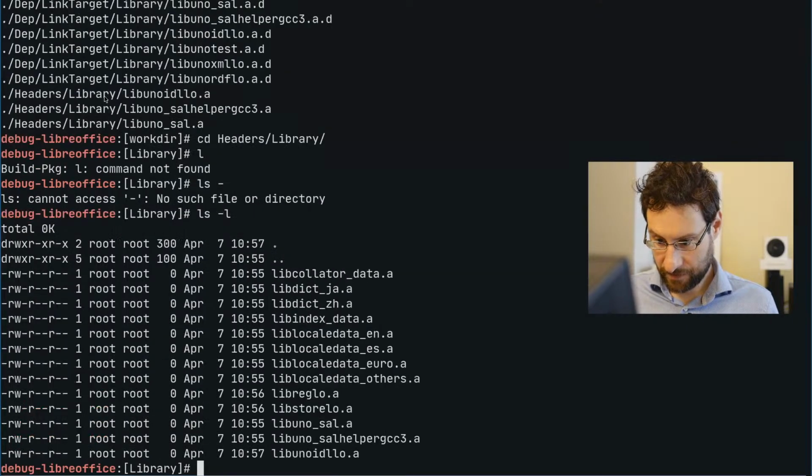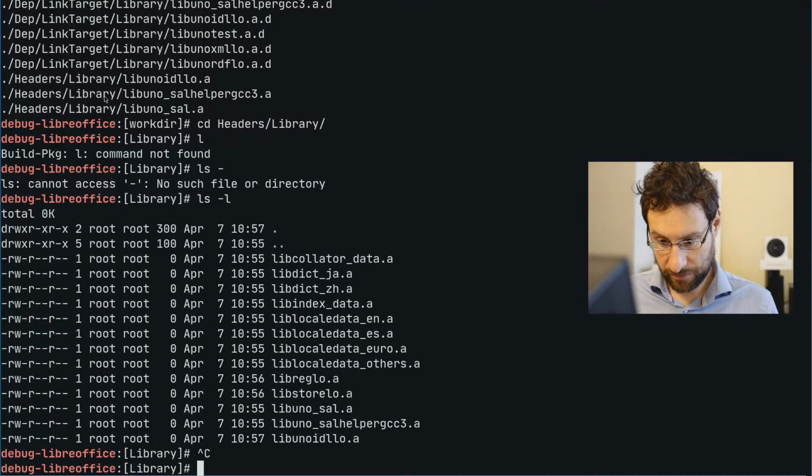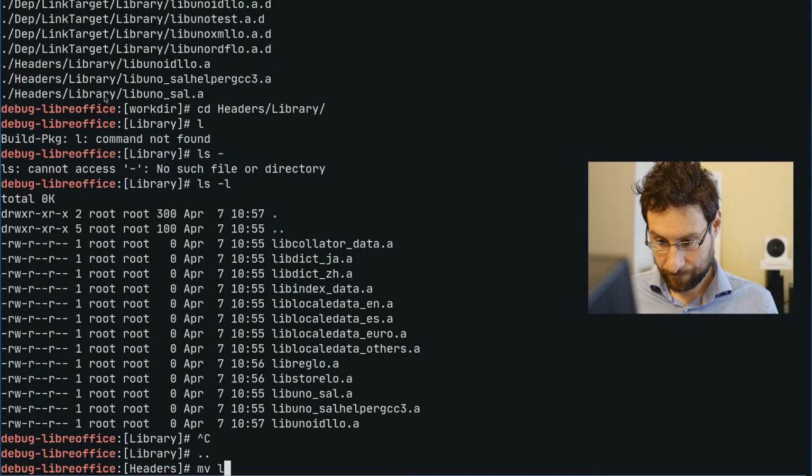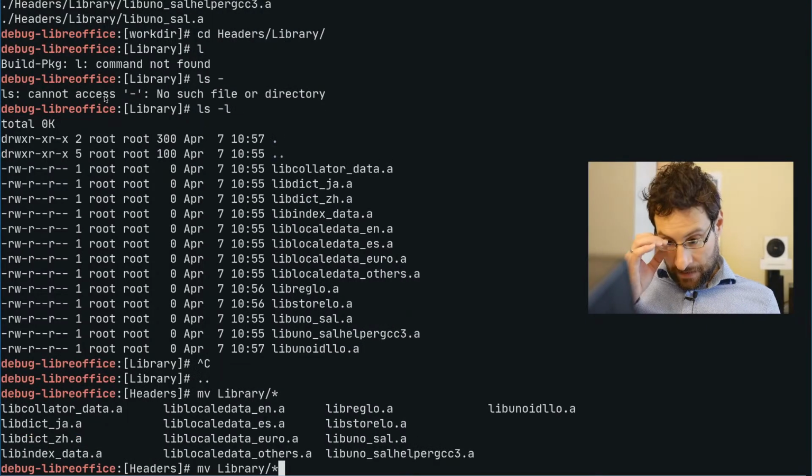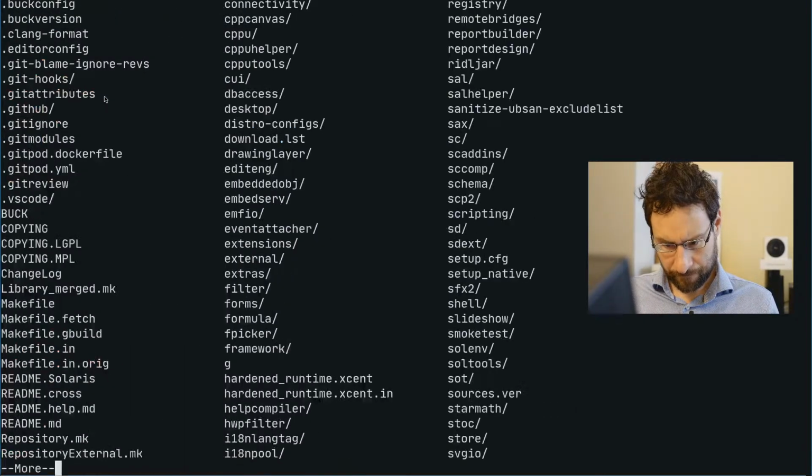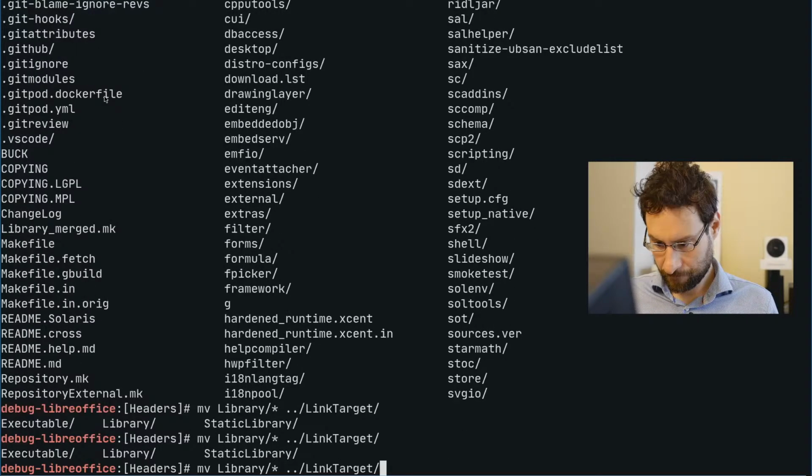Why would that be in headers? Probably a few people know. Libraries. Did it say static library?